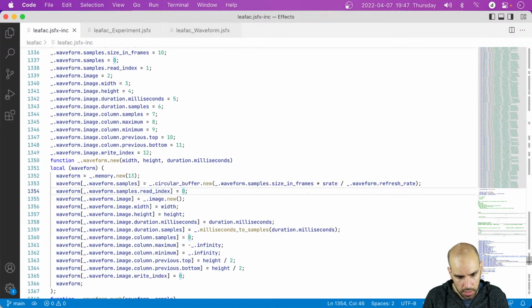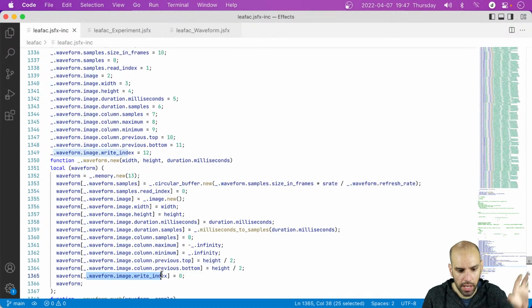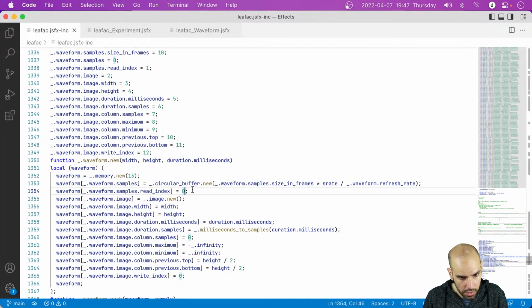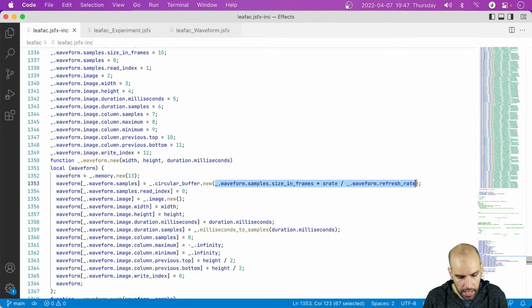So I will just initialize this to, instead of 0, because the right index, not this one, this is the right index into the image, but the right index into the circular buffer also starts at 0. So to offset this, I can just make it a number that is based on this size. So this is the size of the circular buffer, and I'm just hacking this together,